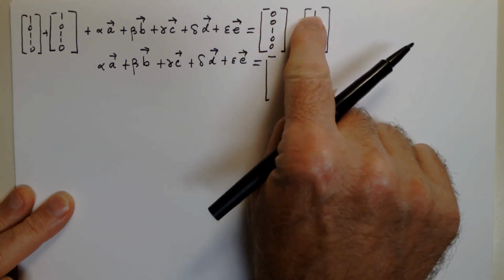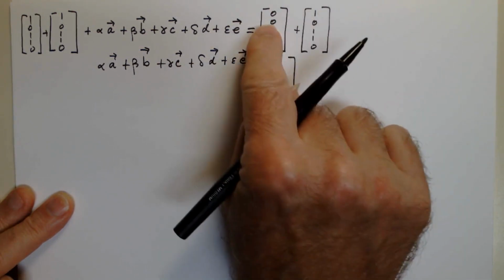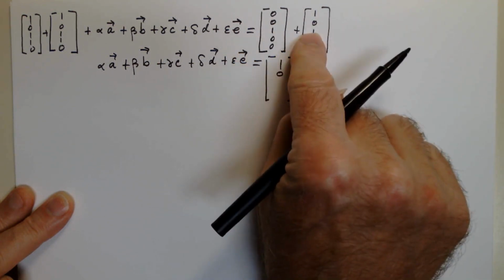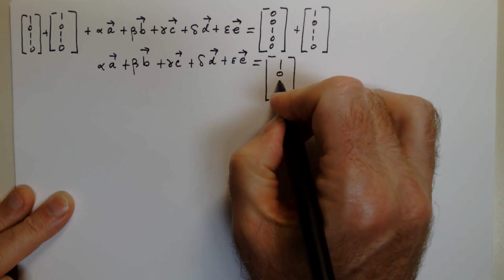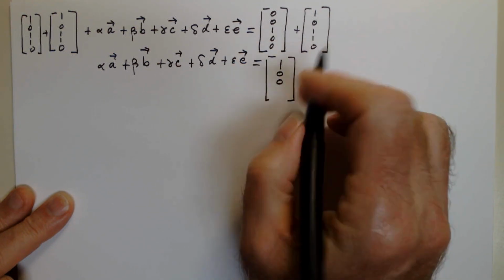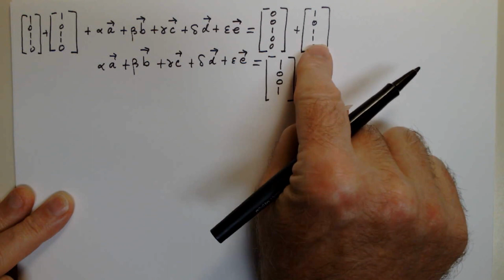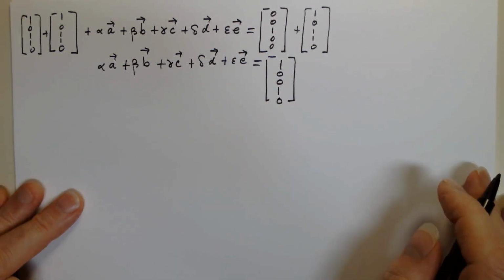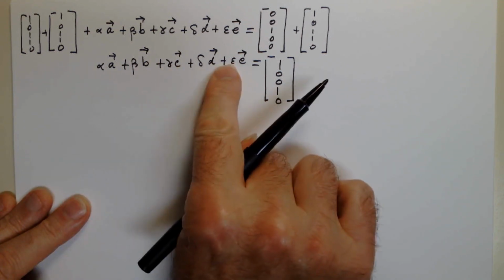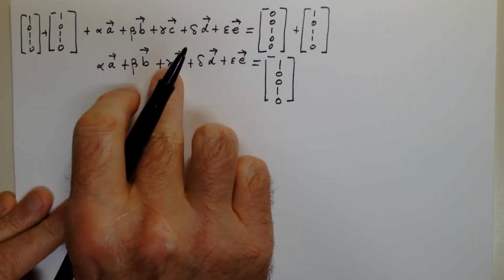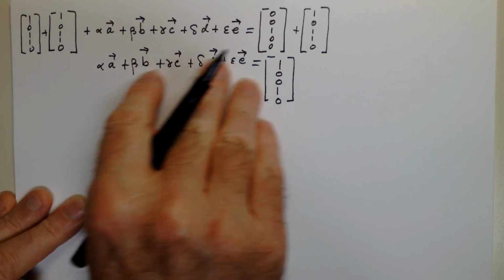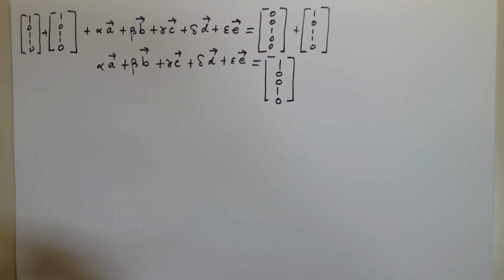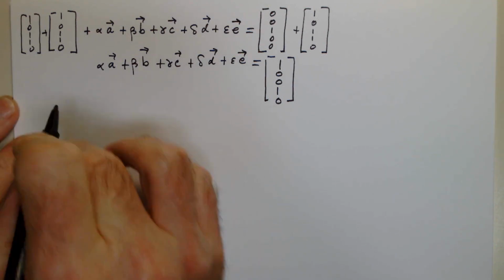So the 0 and the 1 will meet to give me a 1. The 0 and the 0 give me a 0. The 1 and the 1 give me a 0. The 0 and the 1 give me a 1. And the 0 and the 0 give me a 0. So this is the system that I'm solving, right? Can I make some choices for alpha, beta, gamma, delta, and epsilon so that this vector sum is equal to this? All right, now, as an augmented system,